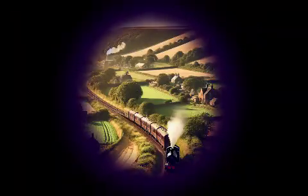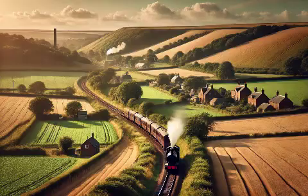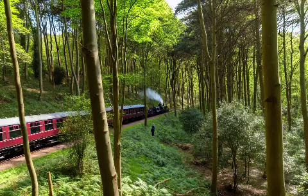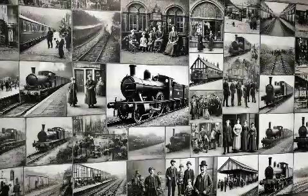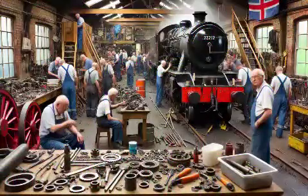Volunteers working on a locomotive or helping out at the station highlight their importance. The train passed through the countryside at sunset, casting long shadows and a golden glow. The train approaches a station with people waiting on the platform, close-ups of old railway signs, timetables and other period